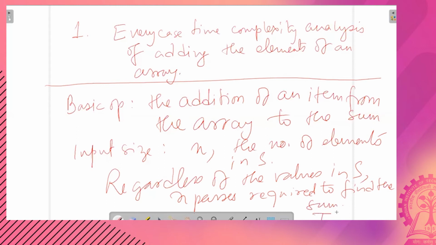Therefore, in this case, Tn is straight away equal to n. This was an easy one.